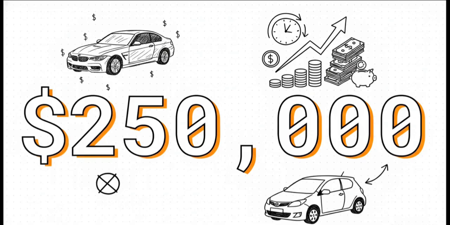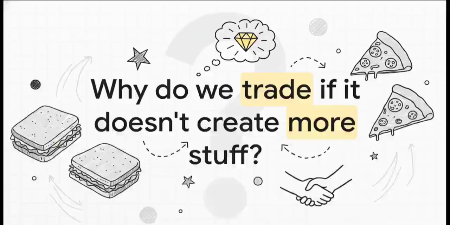Imagine you go out and buy a beautiful, brand new BMW for $50,000. You feel amazing, right? But what did that car really cost you? If you had bought, say, a super reliable Toyota Corolla for 20 grand instead and invested that $30,000 difference, well, in 30 years, that money could have grown to almost $250,000. So, no, that BMW didn't just cost $50,000. Your opportunity cost was $250,000 in lost potential. Every time you spend $1, or even just an hour of your time, you are giving up what else that resource could have become.